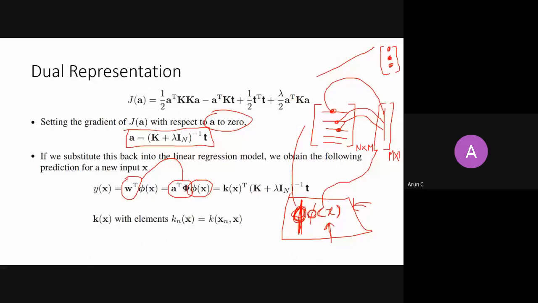Here the n into 1 vector is nothing but a dot product of the data set with the point where I want to predict, right? So let's talk about the dot product first. What is the dot product? Can anybody tell me, because you have done linear algebra and have attended so many lectures, statistical computing, and so many courses. What intuitively can you see, what does the dot product signify to you? If I have some x and y vectors and I take a dot product between them, what do you think it will give me?